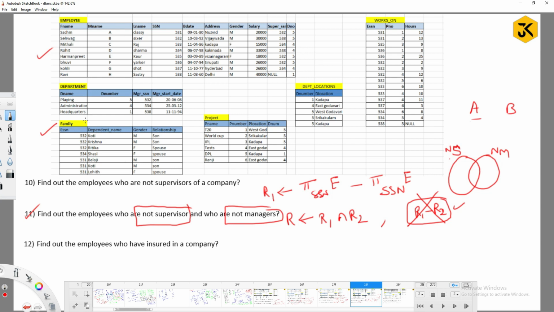Right? If I find out, these are the people who are insured. These are the persons who are employees. There are certain employees who may not be insured. So from employees, if you remove the insurance data, what will you get? You will get the not insured. But you need the insured. Where is insured located? There itself. You can simply project the respective table.